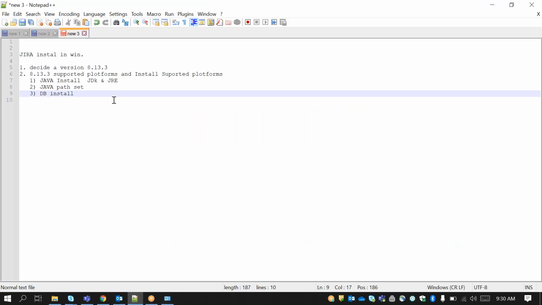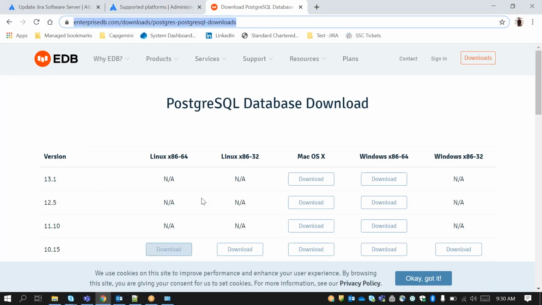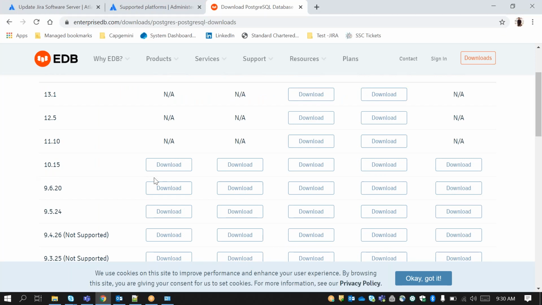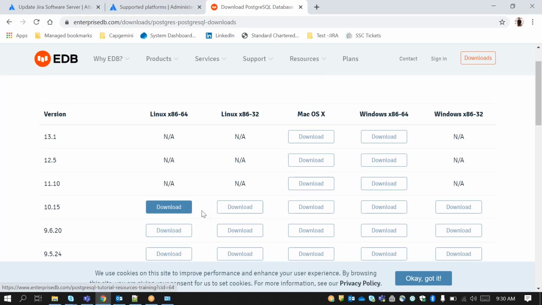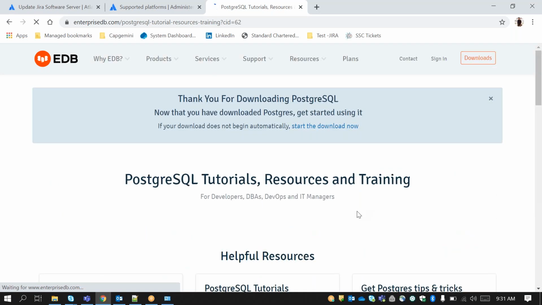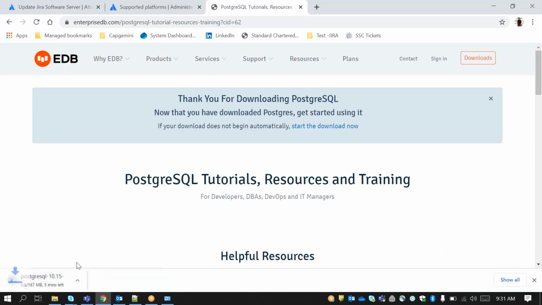You just go to this page, and here what I need is version 10. In version 10 there are Linux 64, Linux, Mac, and Windows 64. So I need to install this one. You need to select the version and your operating system. So my operating system and version will match here. Click on Download, and there is no account required here, so it will automatically download to your system once you click on that. So it has already started.